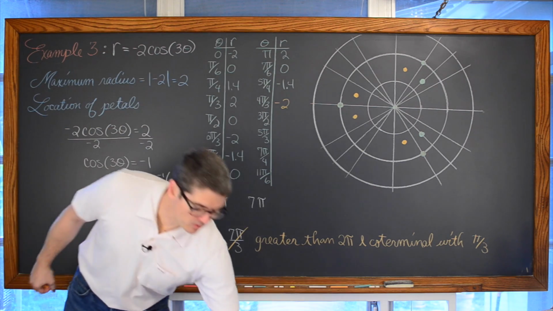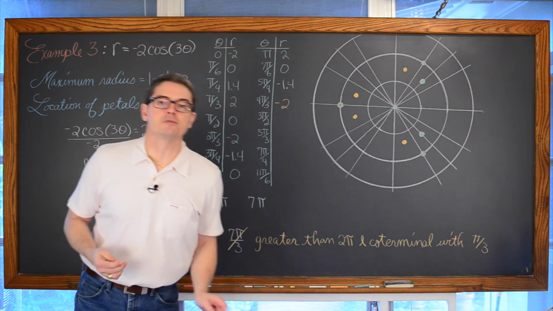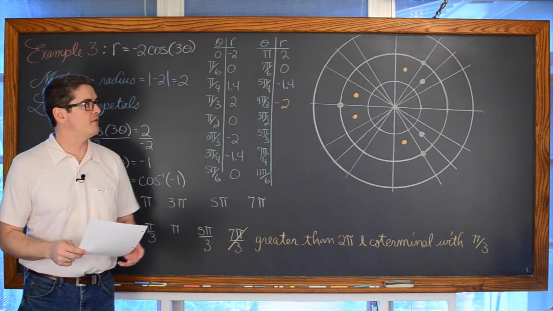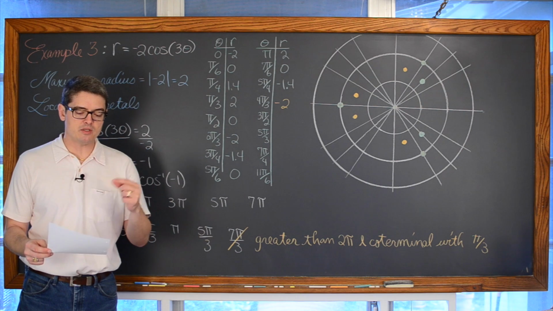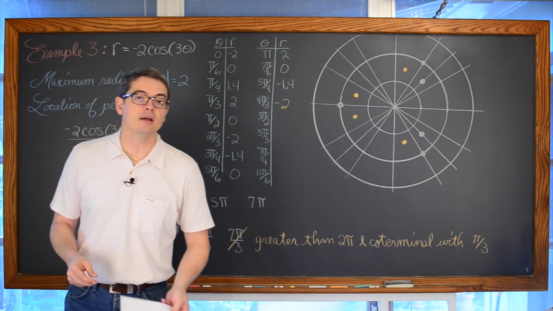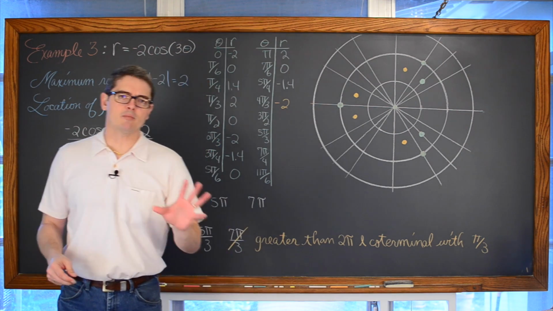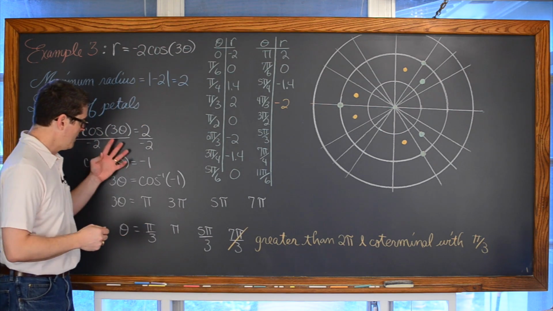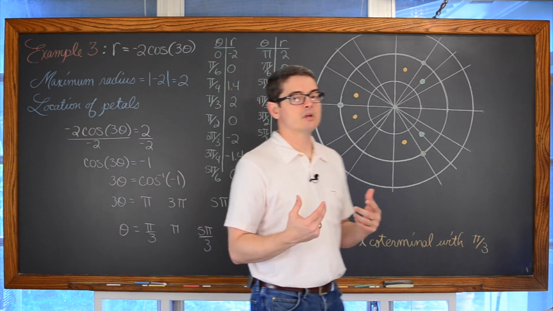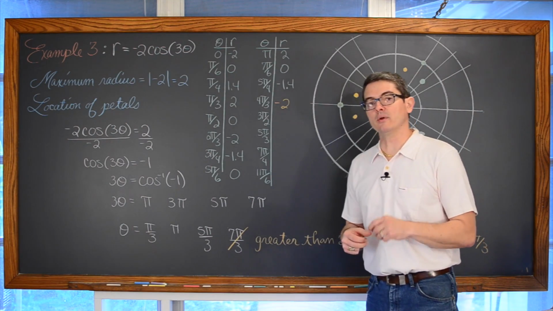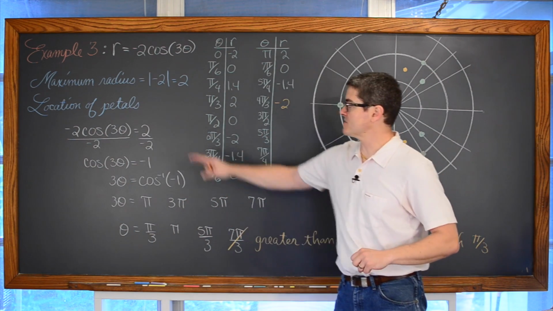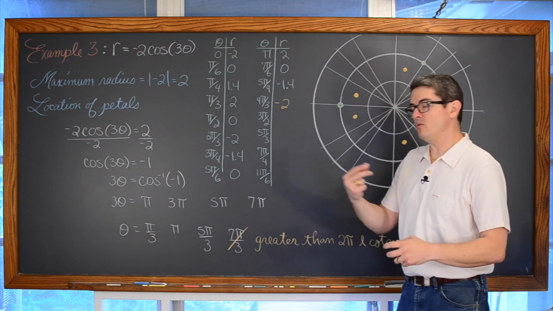The rule was, when creating tables to plot a bunch of points to help you graph a rose curve, that I said let theta be between 0 and pi if n is odd, and let theta be between 0 and 2 pi if n is even. That was a true statement, but I emphasized it a little too much as I was setting up the equation to find the theta measures where the radius was at its maximum value, and that was incorrect. When setting up an equation to locate the petals, you want to solve out for theta until you get to 2 pi.